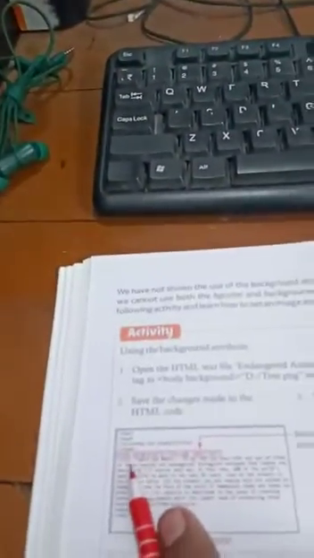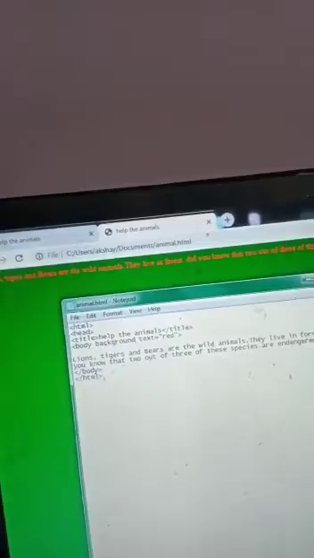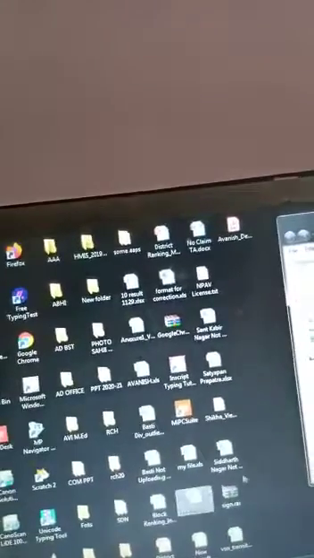So body background: now here I have to type, not bgcolor, I have to type background, and where is the image, so you have to select the proper specification of the image, whichever image you want.